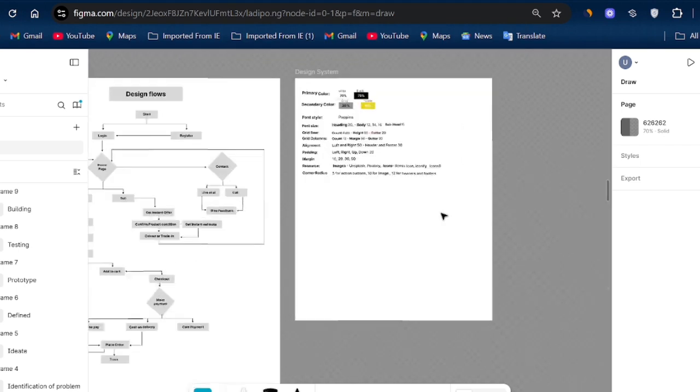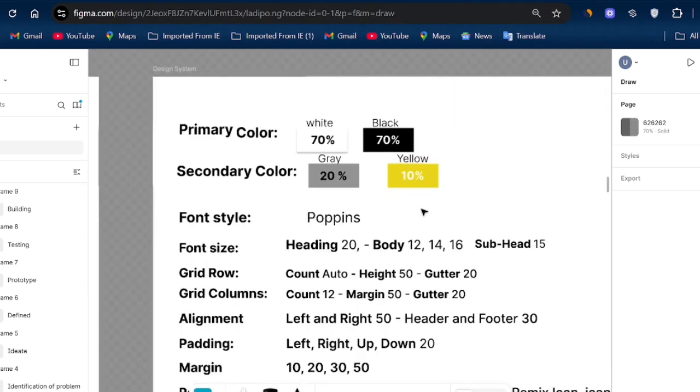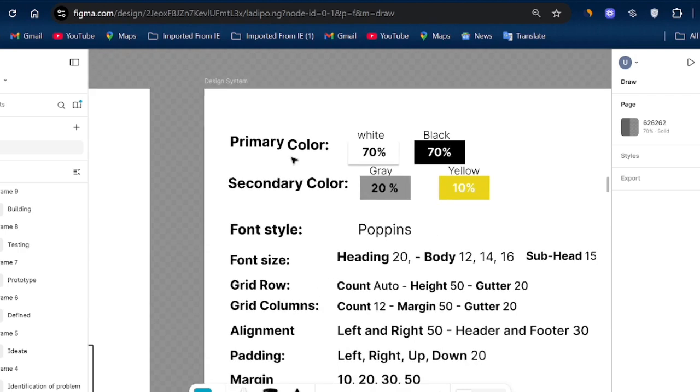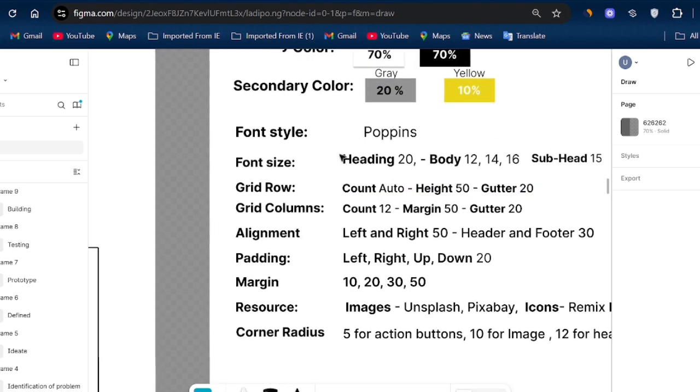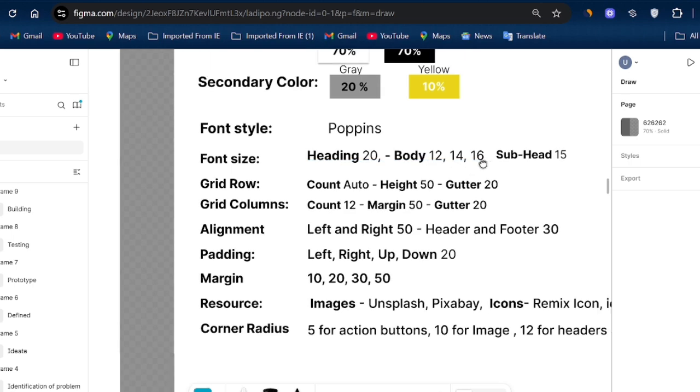Now I have my design system here. This is my design system. Here I have a primary color, which is white and black, 70%, and I have a secondary color, which is green, 20%, and yellow, 10%. And then we have a font style, and Poppins is my font style. And then font size, we have heading 20%, body 12, 14 and also 16, and then subhead